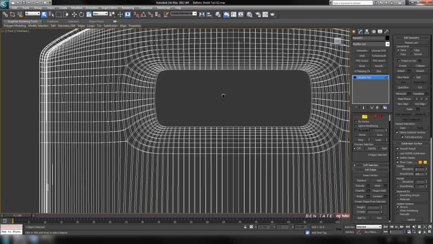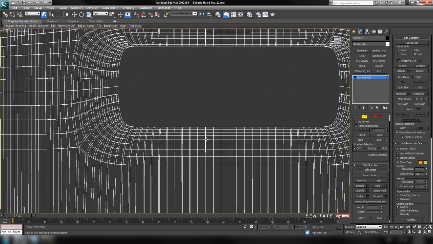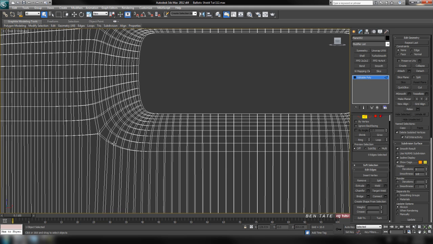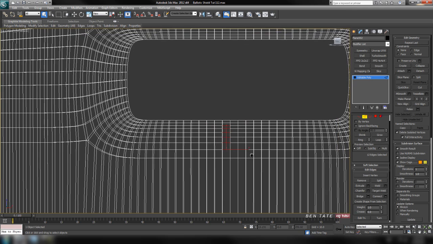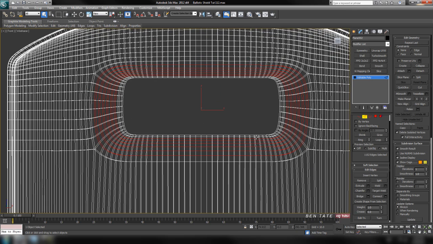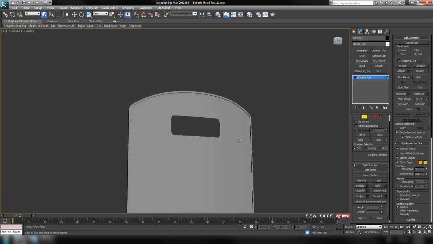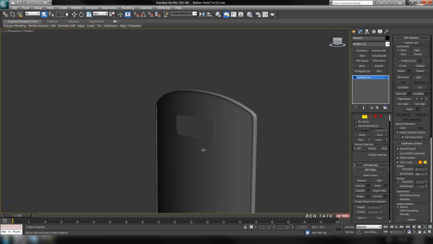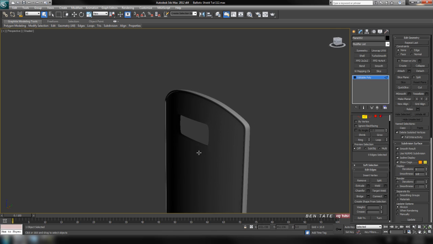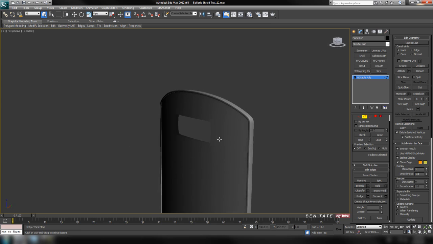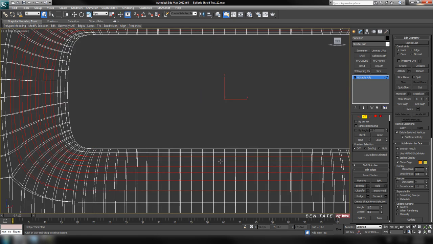and we can also take out a bunch of these loops here around the hole. I'm going to leave this one here where you can see where the corner was. Okay, we don't want to affect these ones here, but we will take out a few of these. Okay, so I'm just going to drag through those loops, loop the selection, and Control Backspace it out. Okay, and we'll check that out once again to make sure that we don't have any weird shading problems. Okay, you can see there a slight change in the mesh. Okay, so I'm actually going to do Control Z to undo that, and we'll just take a little bit less